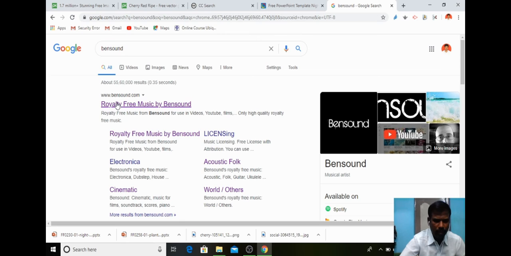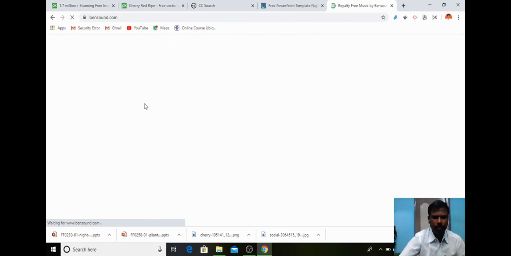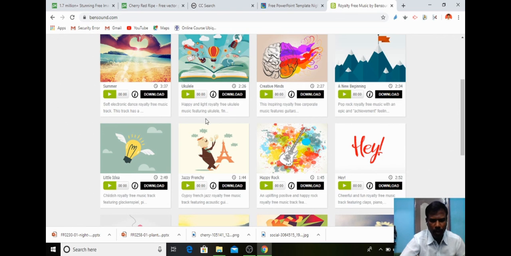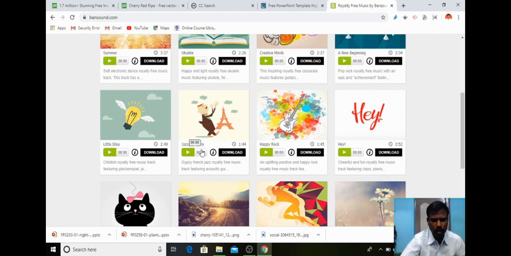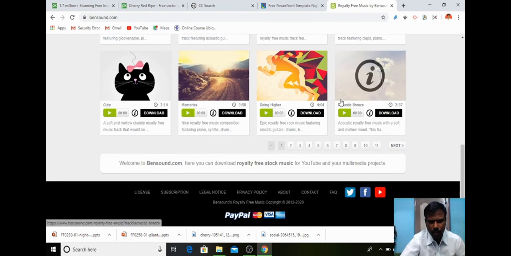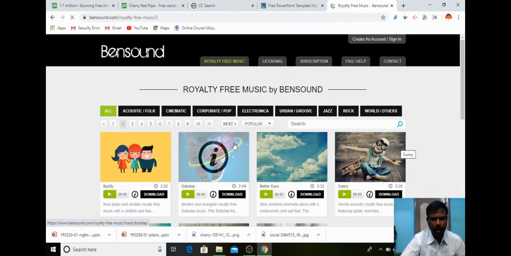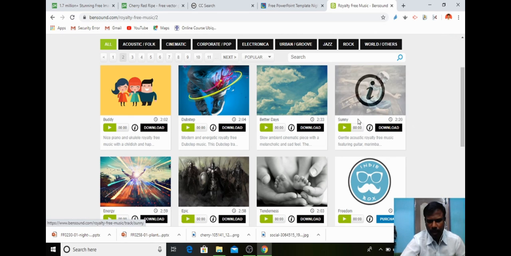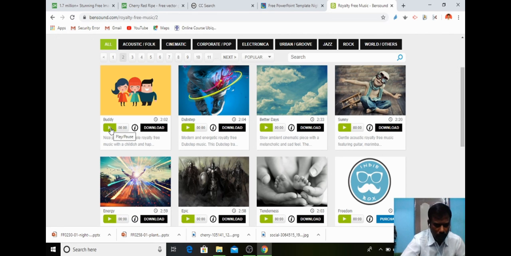So now you can see the website bensound.com. So once you enter into the website, you can see the category of music. For example, before downloading you can hear the music. Once it is okay, you can start download. Now you can see the variety of musics that here that pages are there. Suppose if I need that next page, I can go to the second or next page. Now you can see, so the buddy music or here better day music is there. So if you want to hear the music, please you can press the button play.